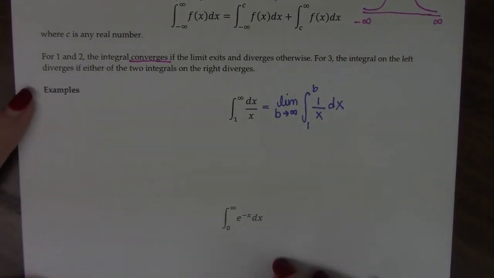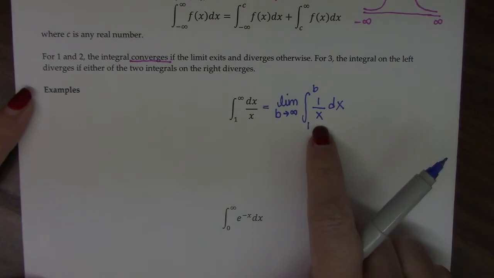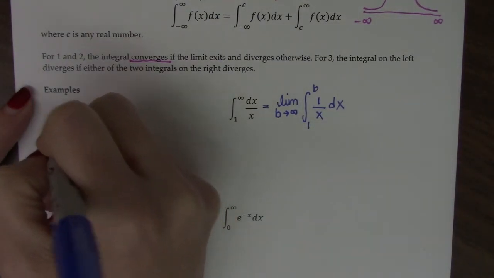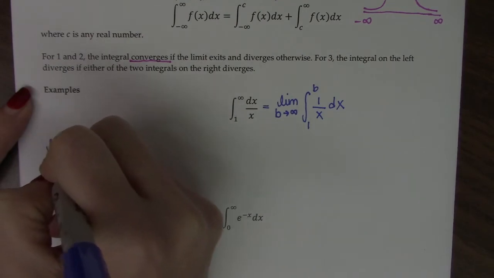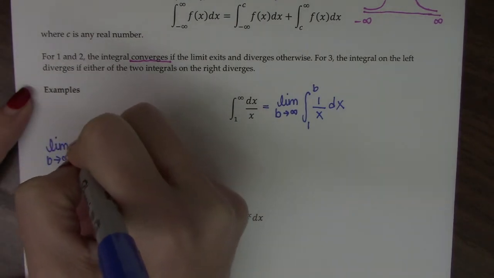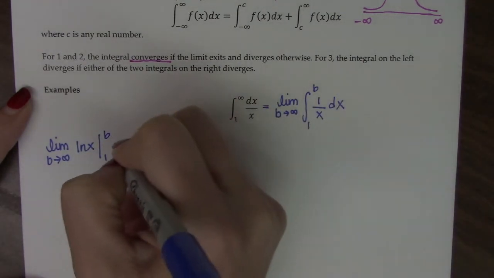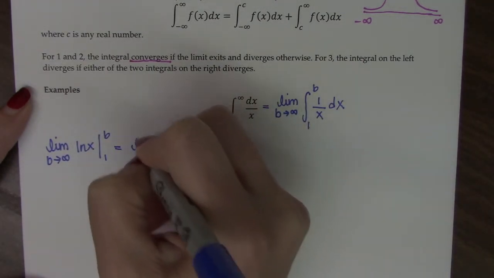So the first thing we want to do is complete the integral. The antiderivative of 1 over x is natural log of x. So that means I'm taking the limit as b goes to infinity of the natural log of x from 1 to b. Then we plug in our bounds,